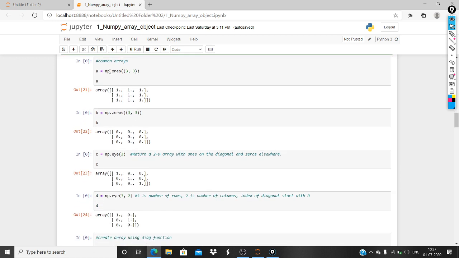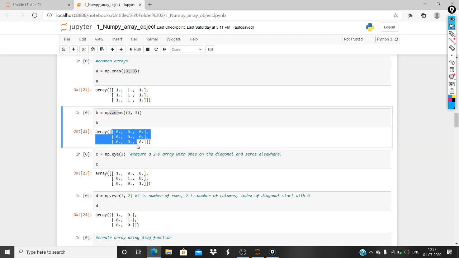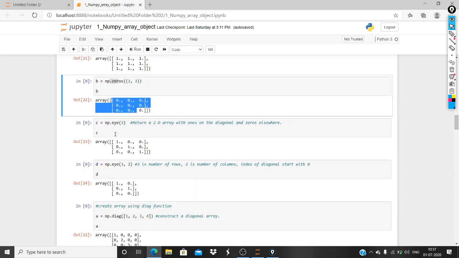Now np dot ones just requires a tuple in which we specify its dimensions or its shape. And ones will only provide ones in the array. Similarly, zeros will only provide zeros in the elements. Then np dot eye, with 3, just needs the dimension of the array.